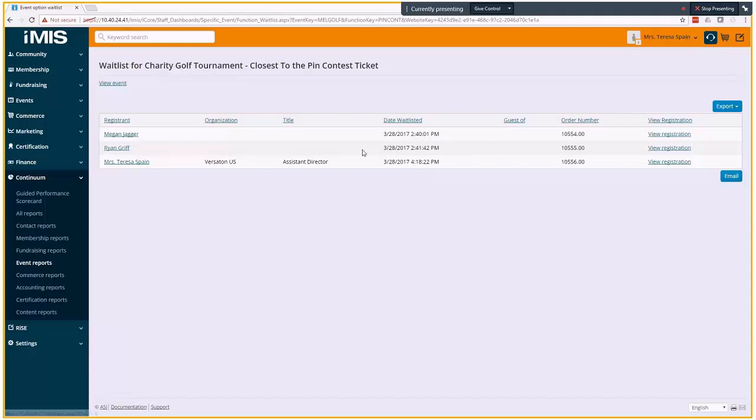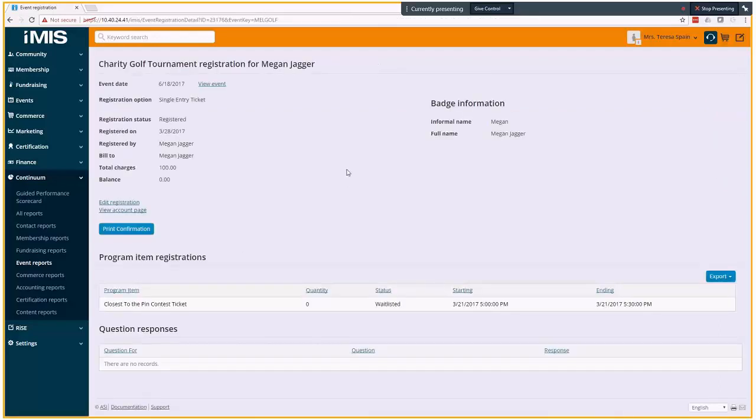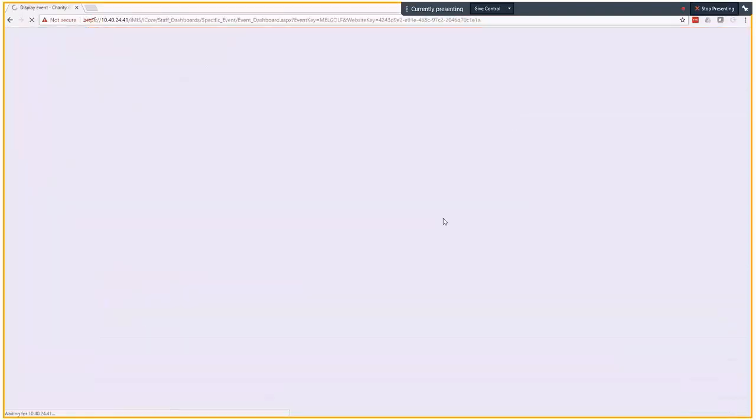So we can see that Megan Jagger registered at 240, Ryan Griff was at 241, and then Teresa Spain came along at 418. So if we want to register Megan, since she was the first one, maybe we've opened up a spot or two, we can click on View Registration here, and that'll take us to the overview of her registration. From here we can edit the registration, and by editing the registration we'll be able to add her